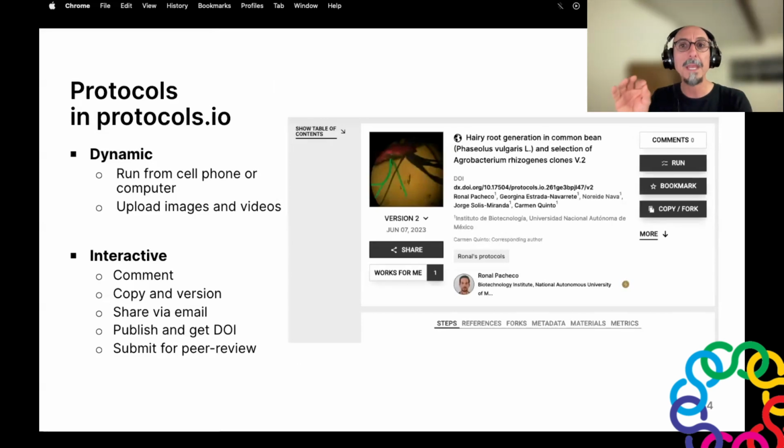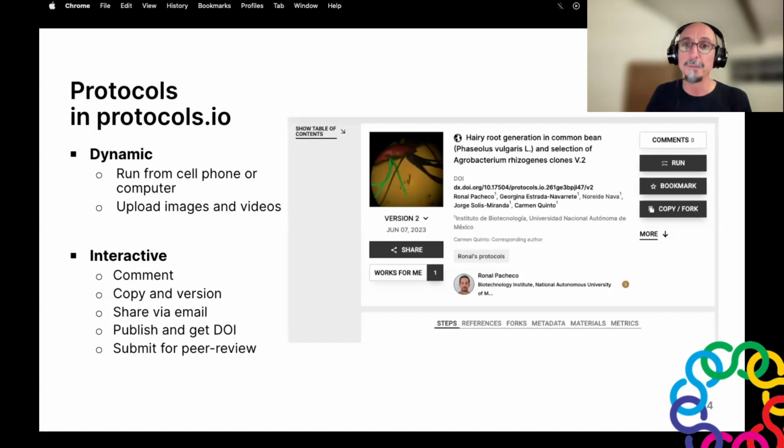But let me begin by showing how the protocols created and published in protocols.io go beyond what a traditional static PDF offers. These protocols are live, dynamic, and interactive, yet persistent and citable documents.